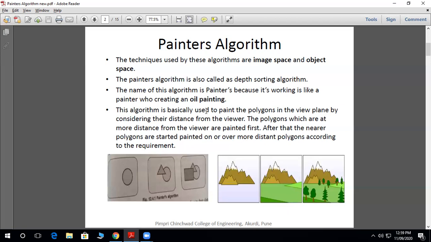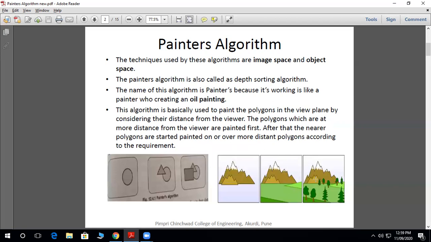This algorithm is basically used to paint the polygons in the view plane by considering their distance from the viewer. The polygons which are at more distance from the viewer are painted first. After that, the nearer polygons are painted on or over the more distant polygons according to the requirement.